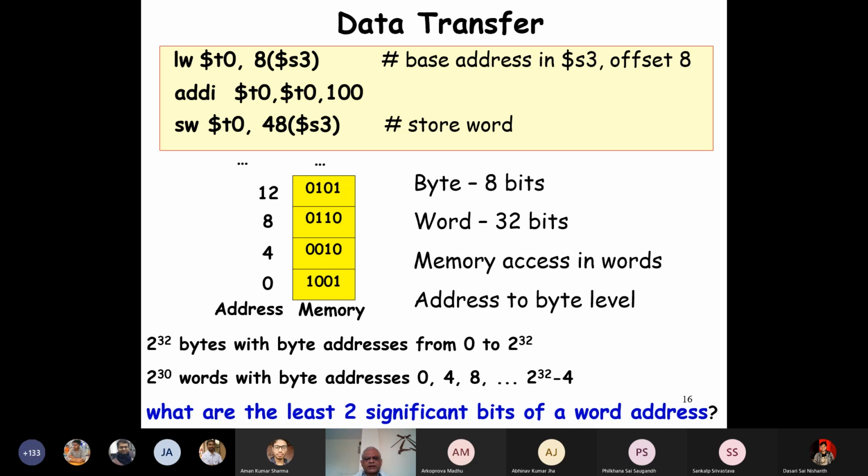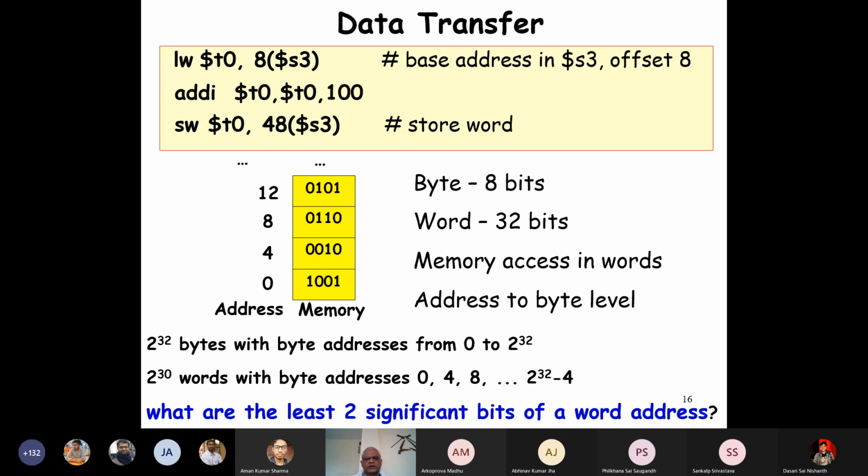But right now I am just asking this question: what are the least 2 significant bits of a word address? See, there are 2 to the power 30 words at 0, 4, 8 and 2 to the power 32 minus 4.